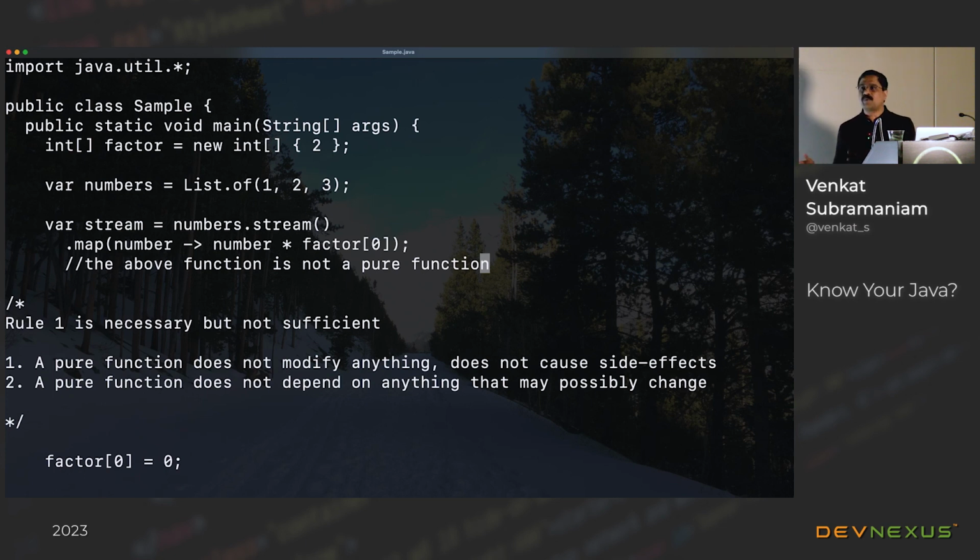But Java is a hybrid language. It allows mutability because that's been the tradition of the Java language, and functional style has been bolted on top of it. As a result, it is our responsibility that we honor purity because the language is not capable of doing it, meaning the compiler cannot guarantee that in every aspect because the compiler can be used in different contexts, so they cannot really verify that, but it's our responsibility. This really comes back to one word, which is discipline. So we need to really have the discipline.